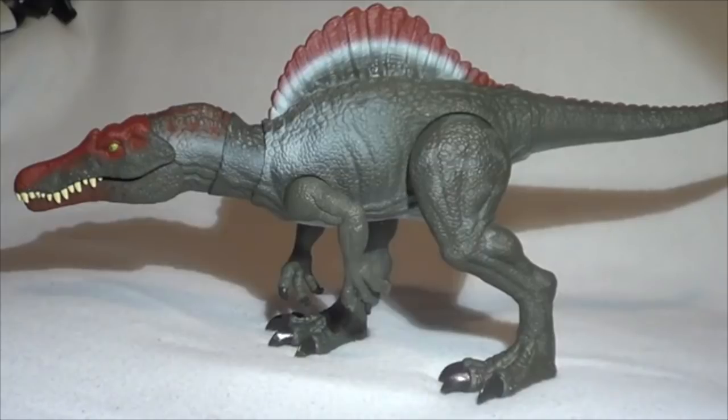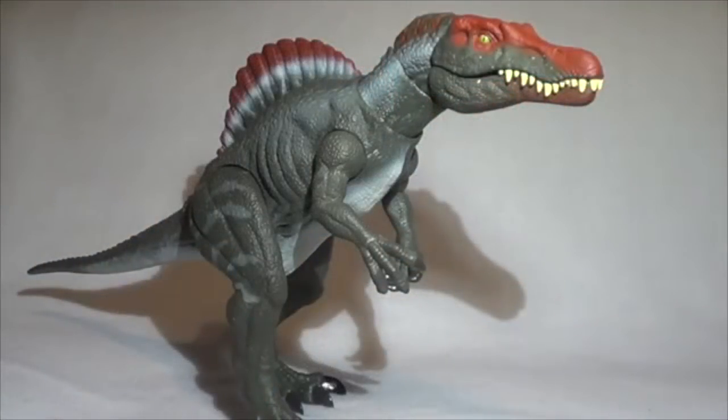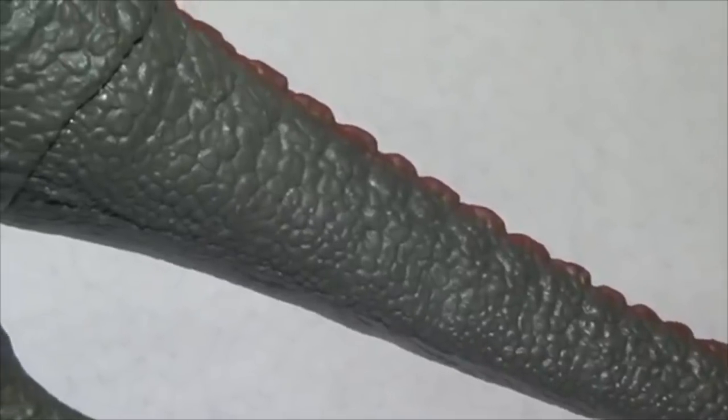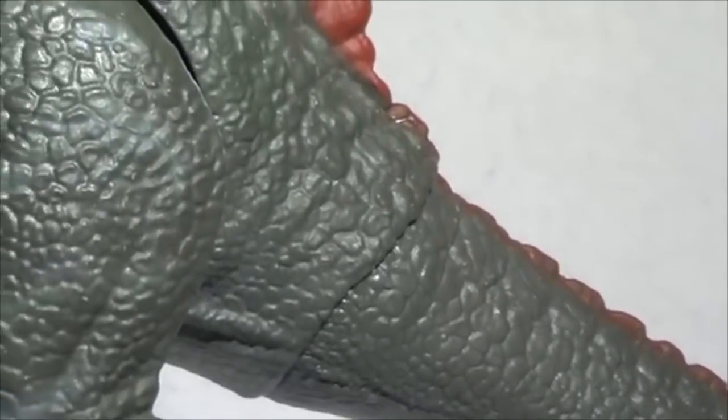It is just awesome. The paint scheme is a little off to me, and it's proportionally wonky in the tail and sail region, but beyond that, just the size of it, the gimmick, the fact that it is so incredibly accurate, just makes it worth it to me. Another huge issue that this model has that I don't even need to talk about is